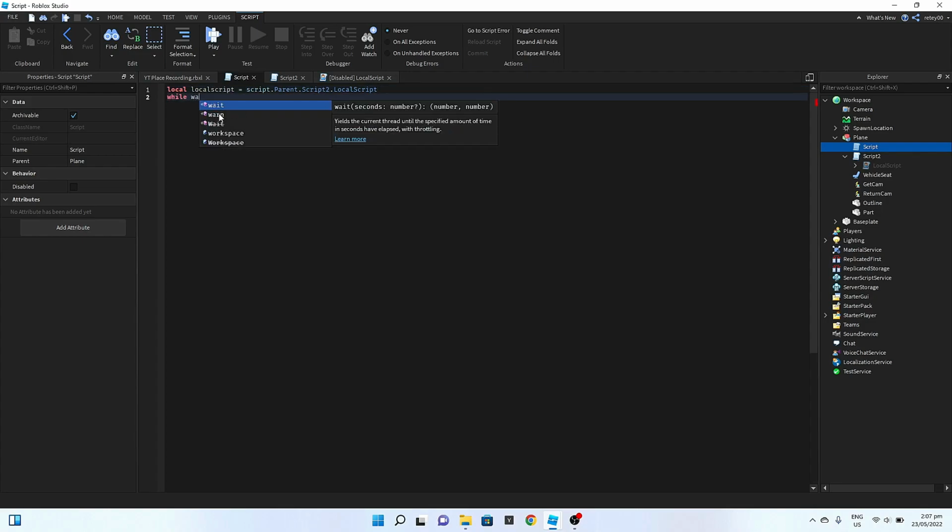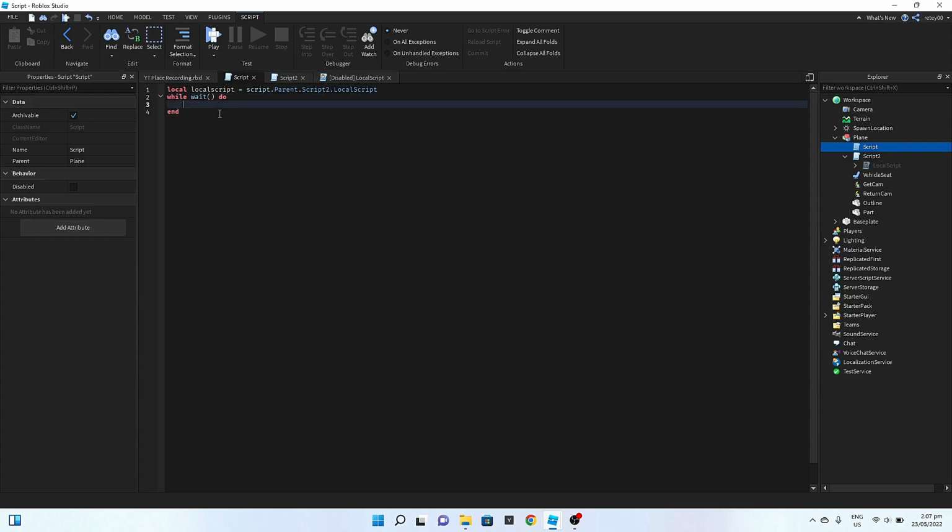While wait, and then do if script.parent.vehicleseat.occupant, so if there's a player in it, then